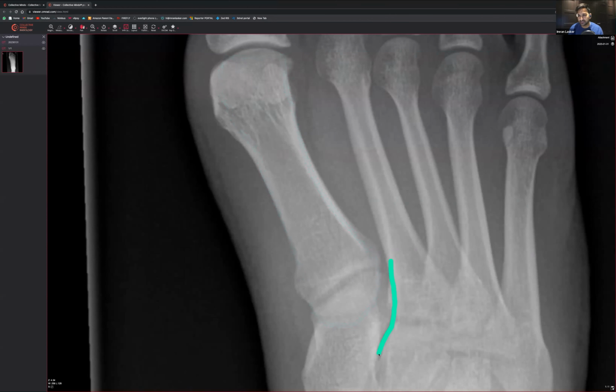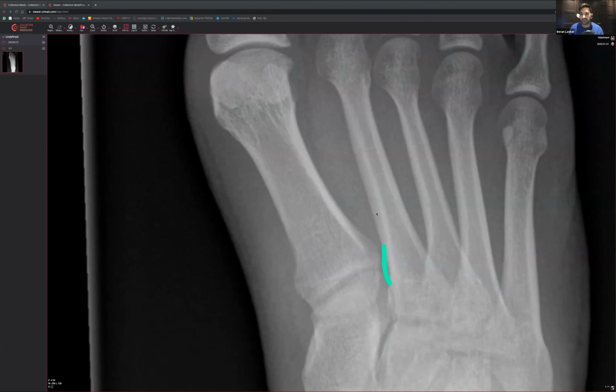So if that didn't align nicely, if that medial aspect of the second metatarsal doesn't line up with that intercuneiform articulation, then you're thinking, oh, there could be a Lisfranc injury. You want to make sure that things haven't kind of shifted across as well. So that would be another thing to think about.